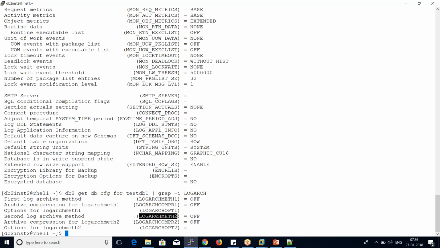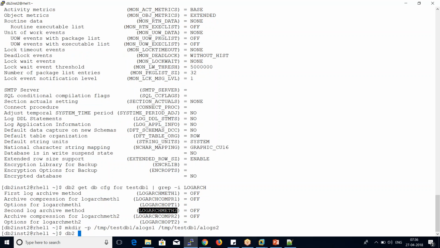So let me enable archive logging for this. mkdir, just some random directory I'm giving. So I simply do the update statement, update